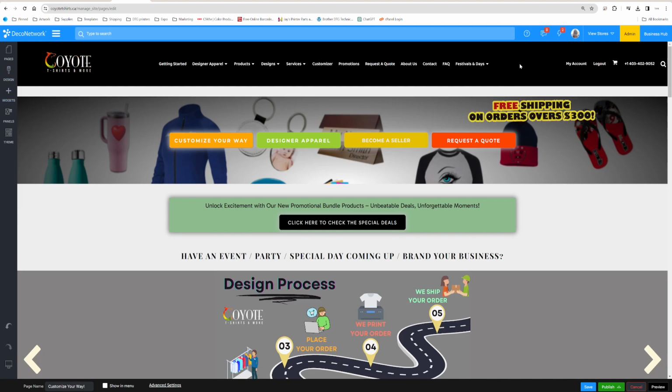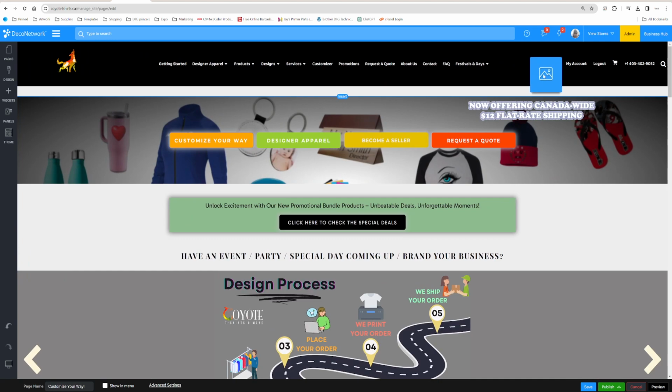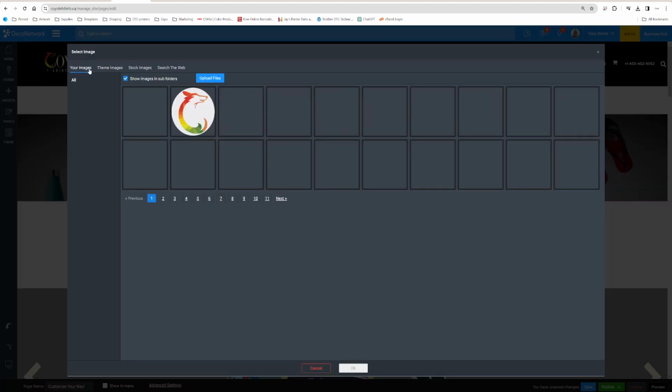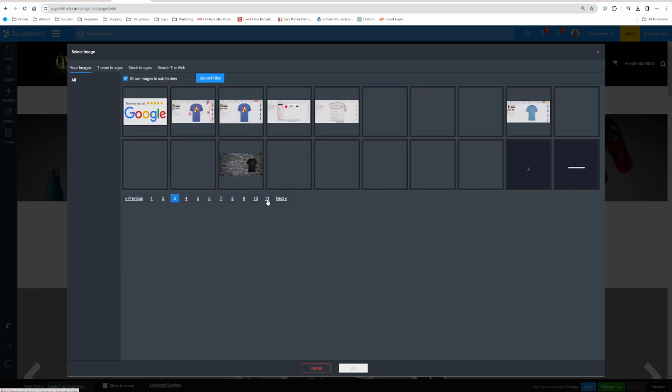If I want to add something additional, like images or anything here, let's say I want to add a Canadian flag showing that we are a proudly Canadian based company. For that, what you need to do is just go under the widget, add an image widget all the way to the top here, and select your image. I am going to upload a